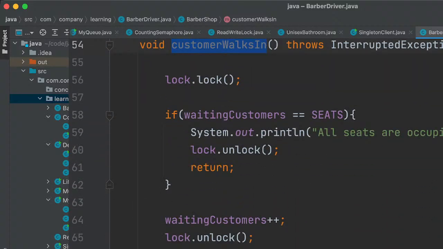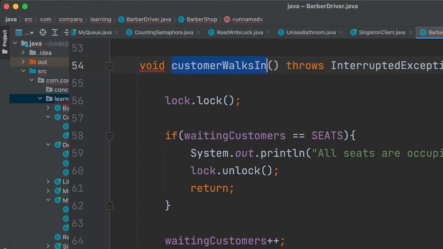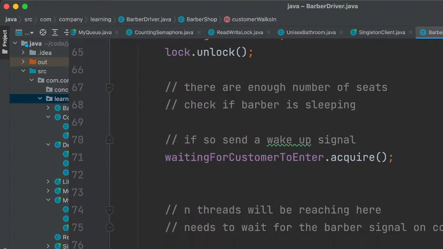What I was thinking is, is there any mechanism to signal the customer? What if we have n semaphores to simulate that?